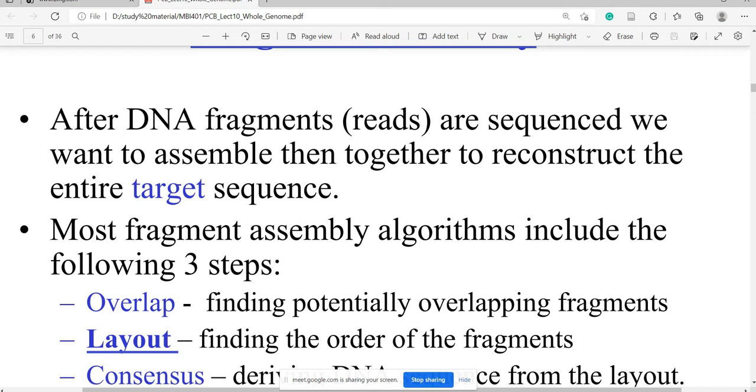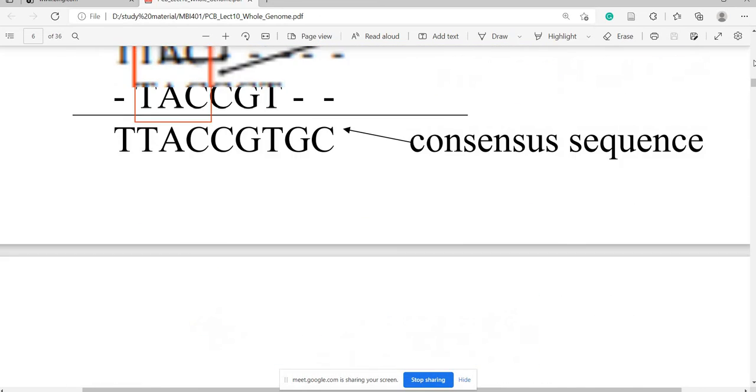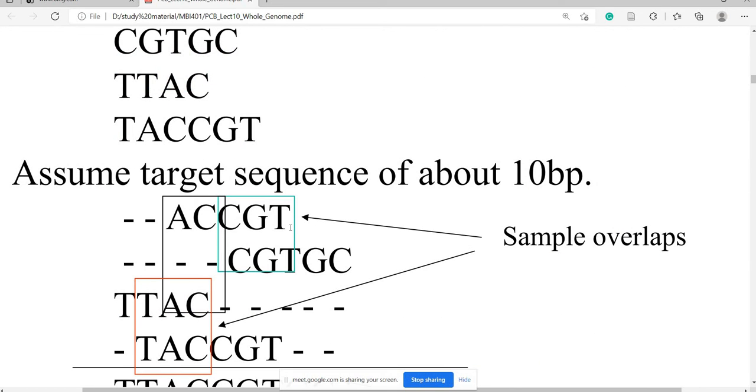Now the second one, finding the order of the fragments. Order is important in all four sequences. Suppose these are the four fragments, so we have to use them according to each sequence. It should be matched in each fragment. It should not vary. Order is very important. Order should not vary in any of the fragments.